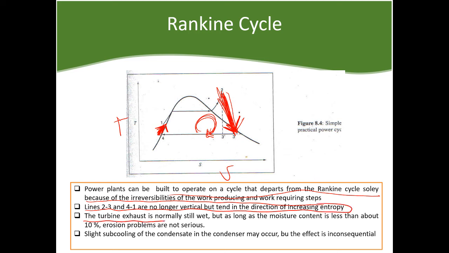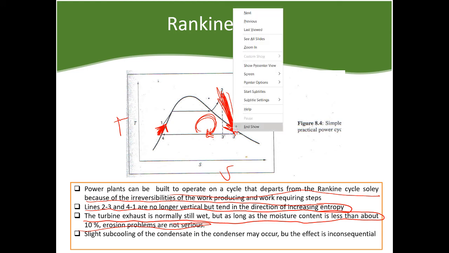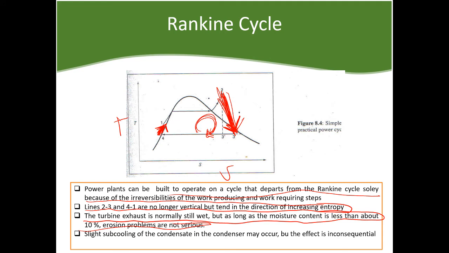The turbine exhaust is normally still wet, but as long as the moisture content is less than 10%, erosion problems are not serious. So, pagdating dito, okay, siya, pumasok siya ng saturated curve, meaning wet pa rin siya. Pero as long as 10% or less yung moisture content, okay lang yon. Kasi yung sa Carnot, napaka-wet niya dahil dito siya sa part na yon. Pero dito kasi,